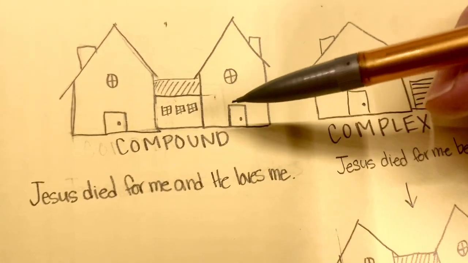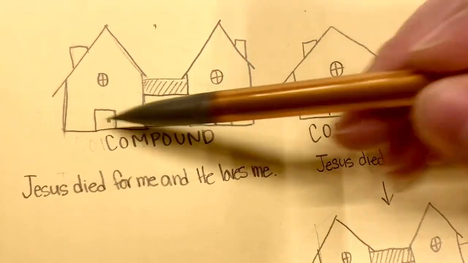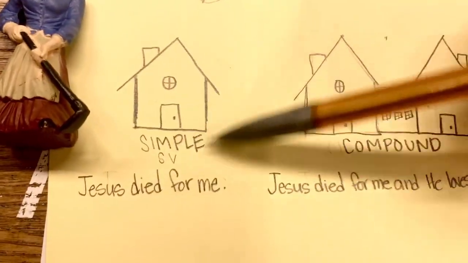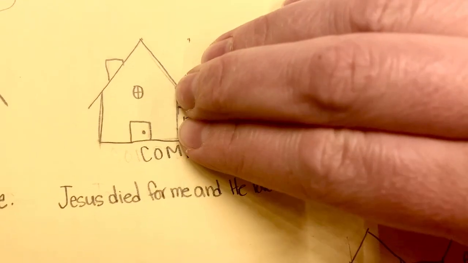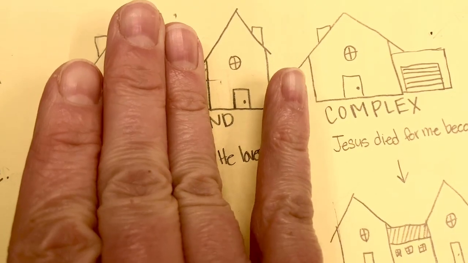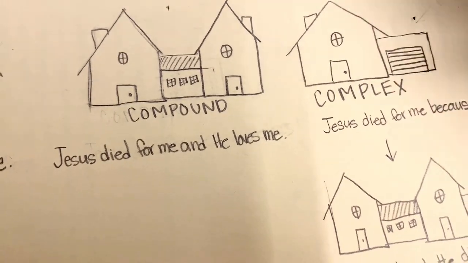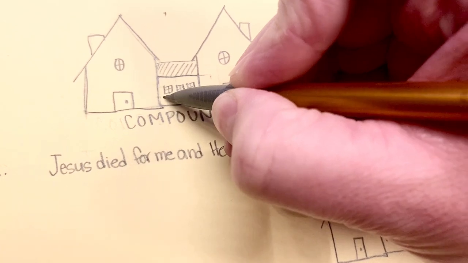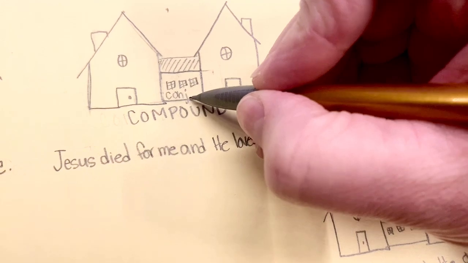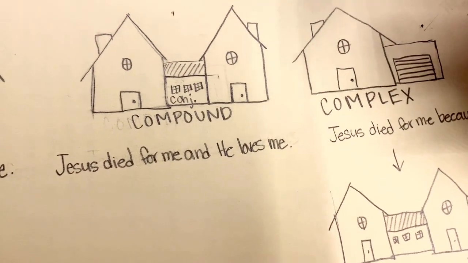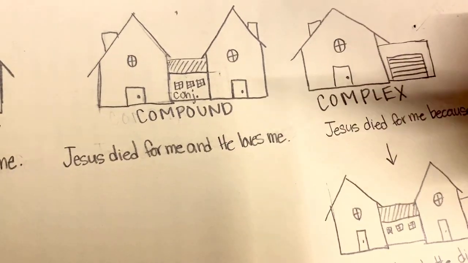All right, now let's look at compound. A compound sentence is where you have two clauses. See, a house can stand on its own, right? So you have one house joined to another independent house by a walkway. And this walkway is a conjunction. Like for, and, nor, but, or, yet, so. Now there are different kinds of conjunctions, but just think of it as